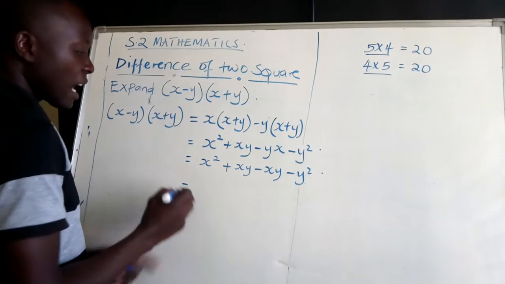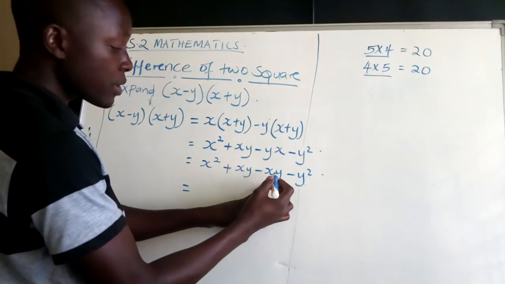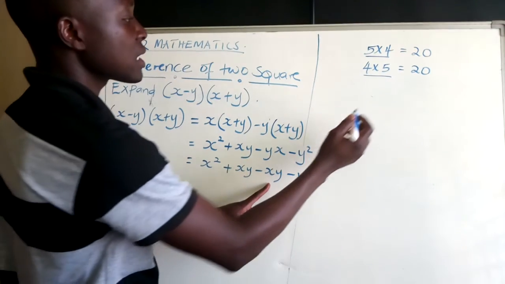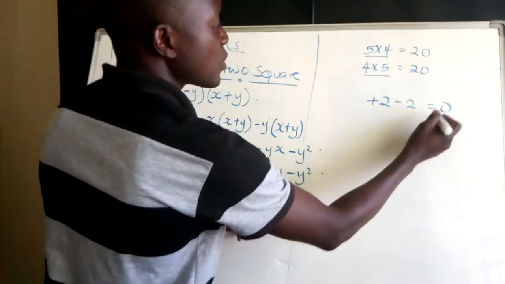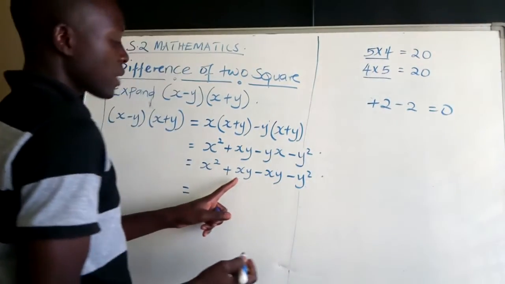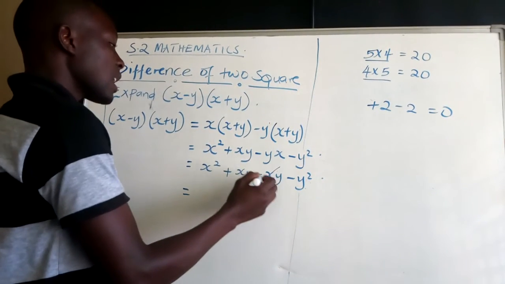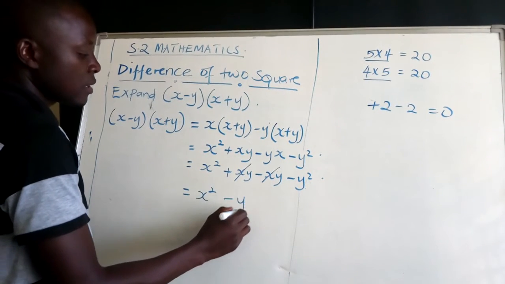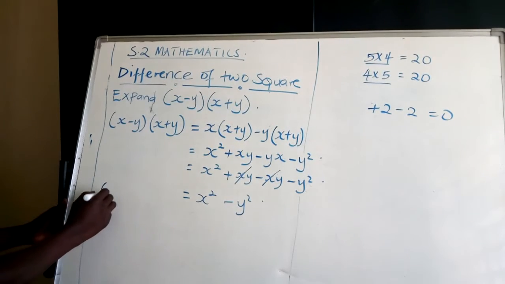Now, here I have the same number, xy positive. Here I have the very same number, xy negative. I'm adding and I'm subtracting. If I have plus 2 minus 2, this gives me 0. It's more like they cancel. The 2 subtracts the 2 and it goes away. So I have plus xy, I have minus xy. This will cancel and I will stay with x squared minus y squared, implying that whenever I expand x minus y